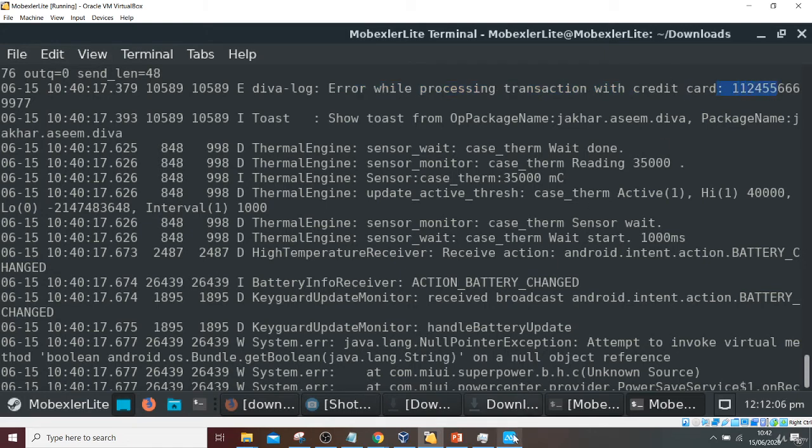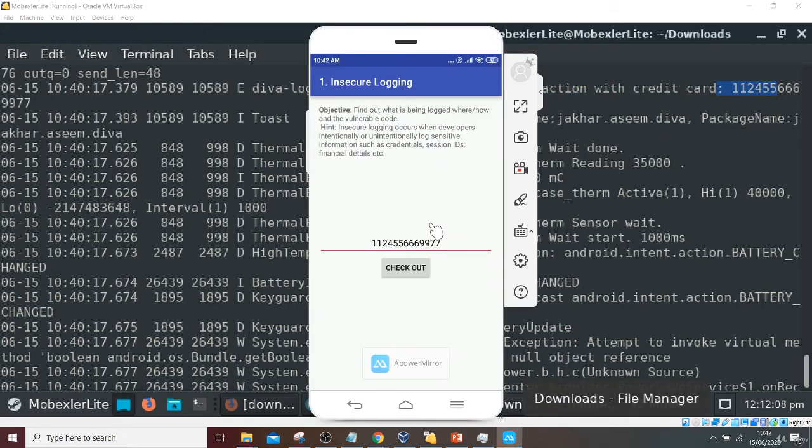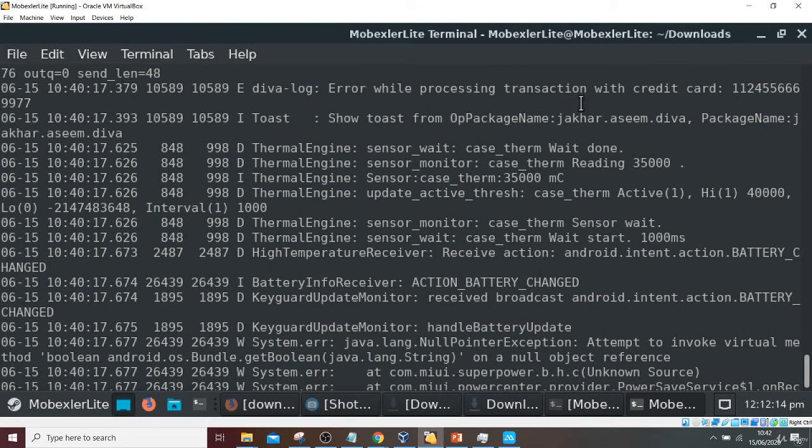So that means this application is not encrypting the sensitive detail, and these logs can be captured at runtime while connecting with the adb. So this is a vulnerability where an attacker can get the sensitive detail.